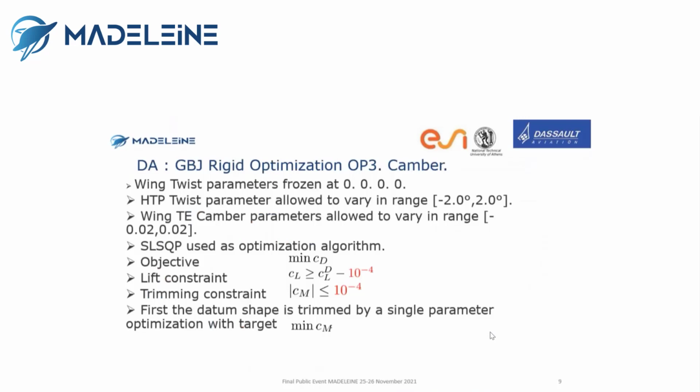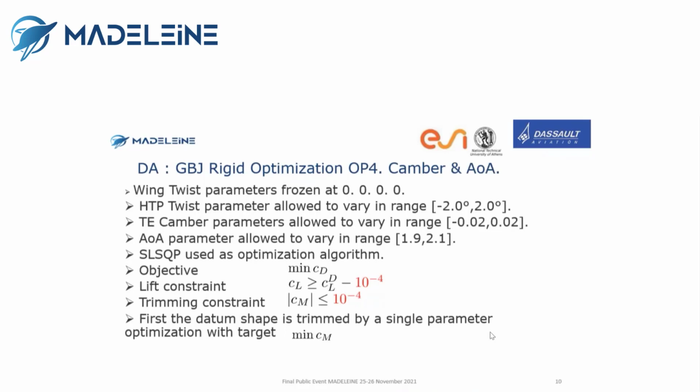I have to introduce more operating points we want to run. Operating point 3 is supposed to be the same as operating point 2, but without the twist parameter. Twist parameters are frozen to 0. Operating point 4,